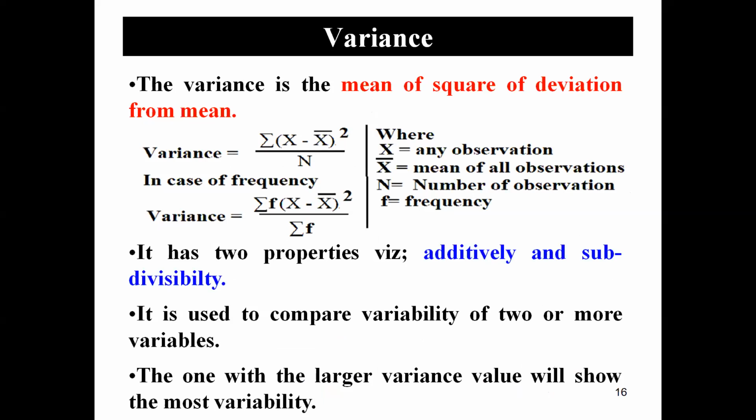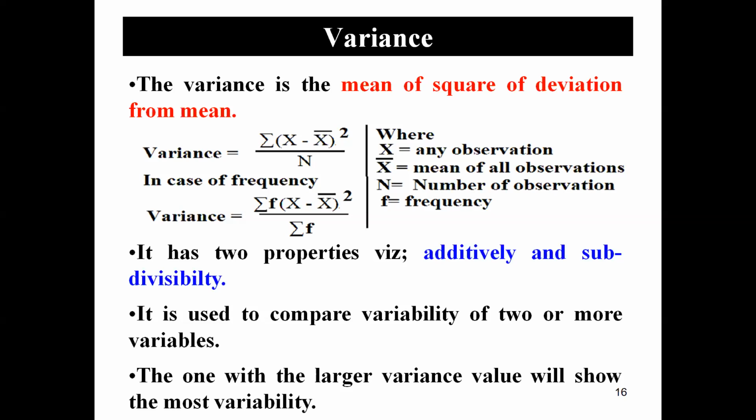Next is variance. What is variance? It is a measure of variation. It is the mean of square of deviation from mean. Deviation x minus x bar. Suppose there are 10 values, there will be some mean. We may get x minus x bar and make their square, and total it will represent sigma x minus x bar squared divided by total number n. So this is the variance, mean of square of deviations from mean.